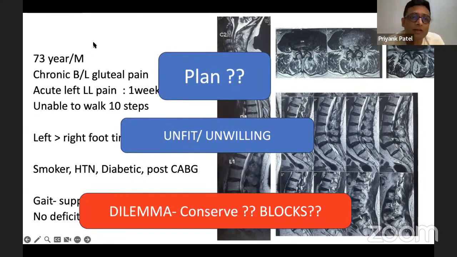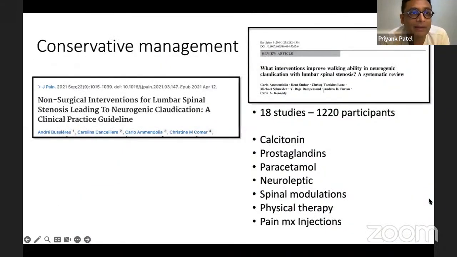Correct. So this is very important, and this is something that we wanted to bring out. Let's get some facts straight. Number one, there is no conservative treatment. You cannot conserve a lumbar canal stenosis. That's a misnomer, because you can conserve a disc. A disc is something that can get better conservatively. So in a lumbar canal stenosis, there is no conservative treatment.